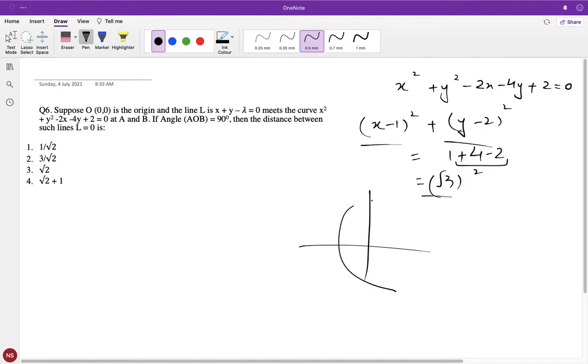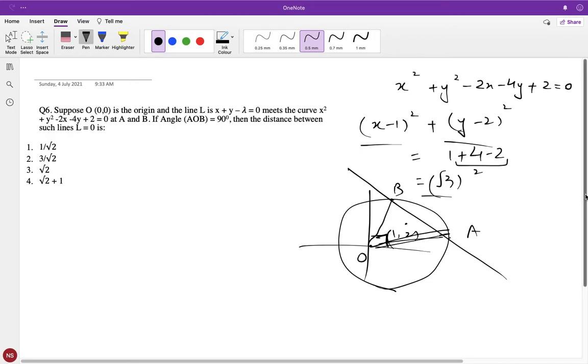We have a circle with a center at 1, 2. We have a line x plus y is equals to lambda. It cuts it at A and B such that at the origin they are having 90-degree angle. Sorry for the bad drawing, but this gives you an idea of what is happening in the given question,